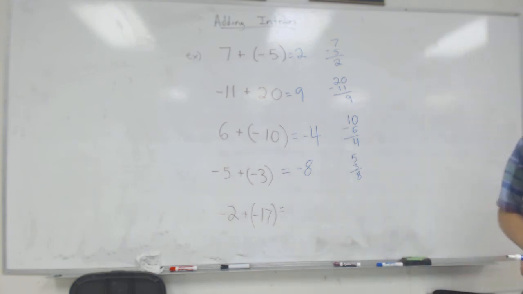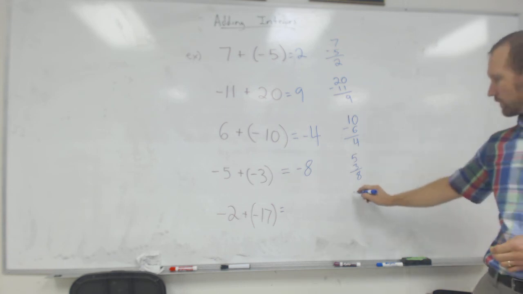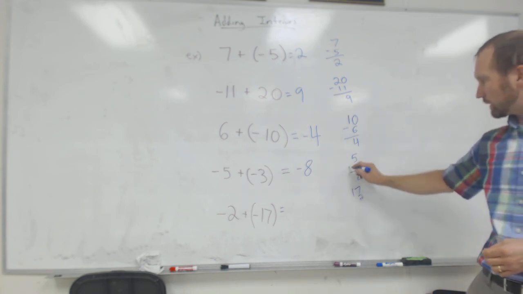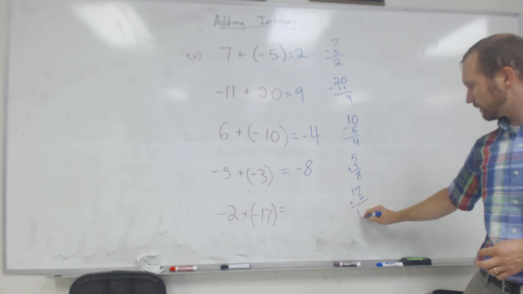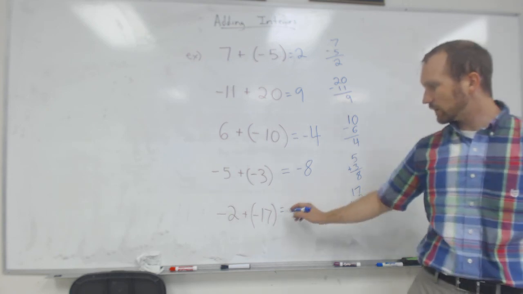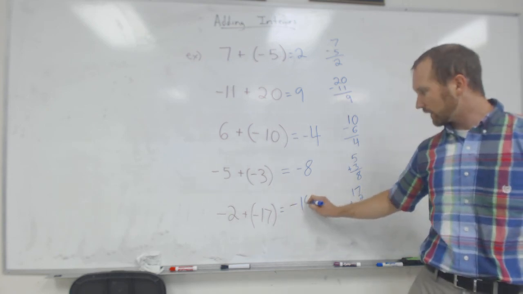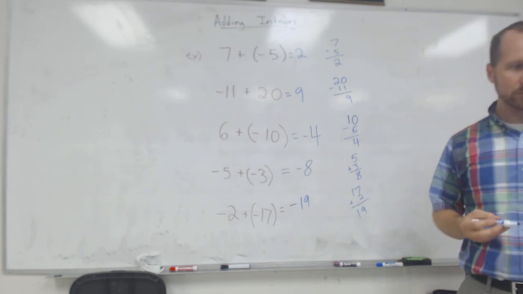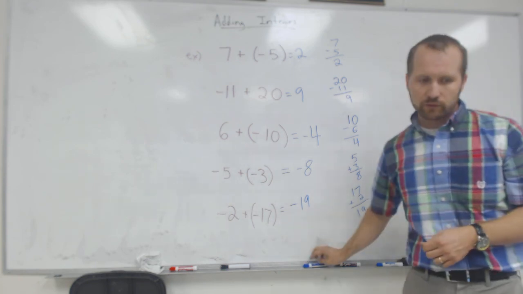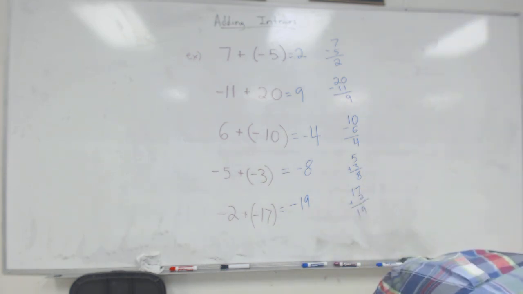How about negative 2 and negative 17? We're going to add because they have the same sign. 17 plus 2 is 19, and we're going to keep the sign, so we have negative 19. Good work, guys. Beautiful, beautiful. Let's do some more practice. So we have